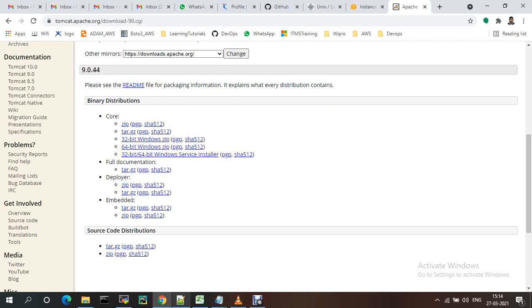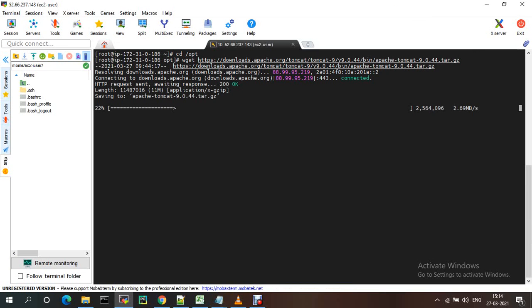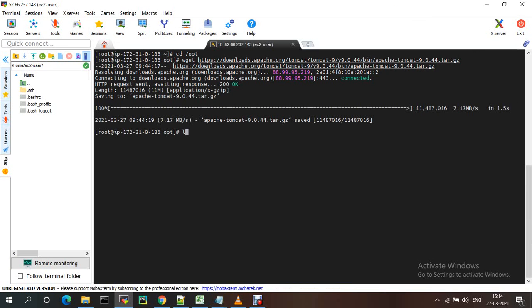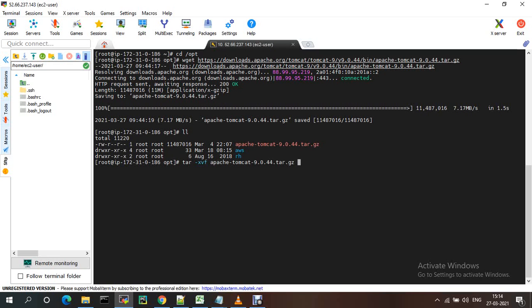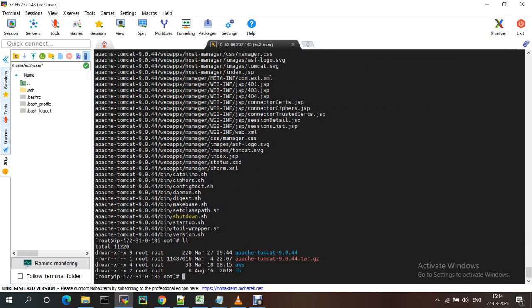And I'm using wget to download that one. So it is downloaded. I just untar that one with tar -xvf apache-tomcat. See, this is Tomcat 9.0.44, this is the version.